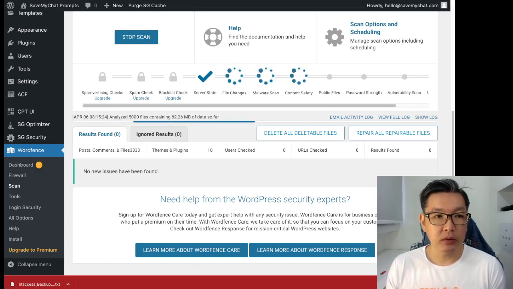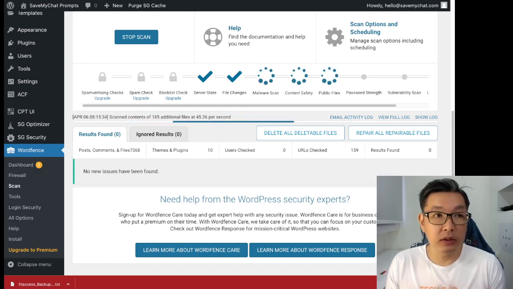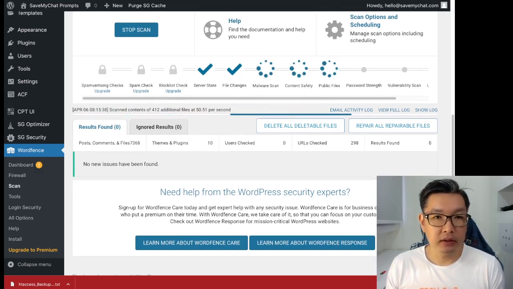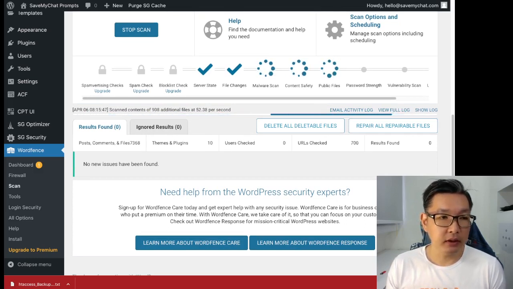But you will also have to evaluate whether the dangerous files are actually plugins that you are using, or are they really ones you did not install. For this you might need a professional to come in. If you are using the free version and you find there are a lot of red flags that you're not sure what to do with,